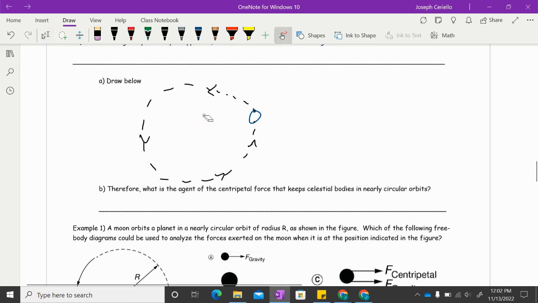If the sun were to disappear, what would the Earth do? The Earth would actually travel in a straight line tangent to the circle. Now, there's actually a PhET simulation we can check out with that one. If we go to